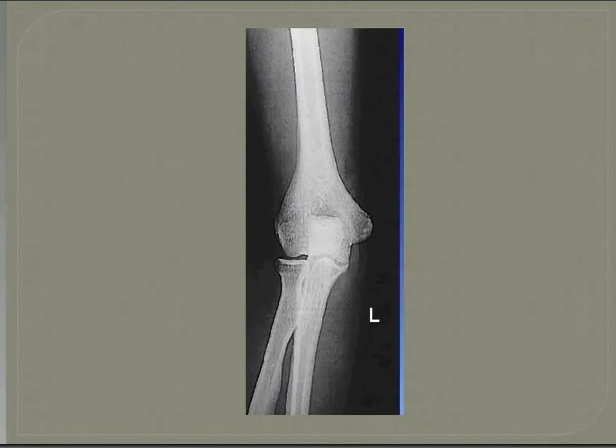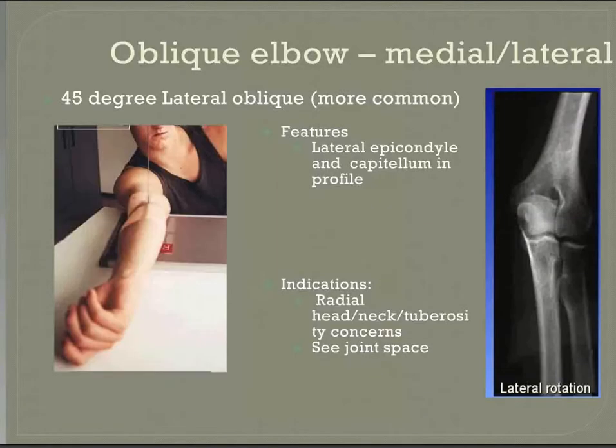The lateral view, sorry, I skipped before going on to this slide, is done at 90 degrees with the forearm and the humerus at the same level, so that the condyles can overlap. And then an oblique view can either be done with a medial or lateral rotation. The more standard one that's done is the lateral oblique, which is like this picture here,